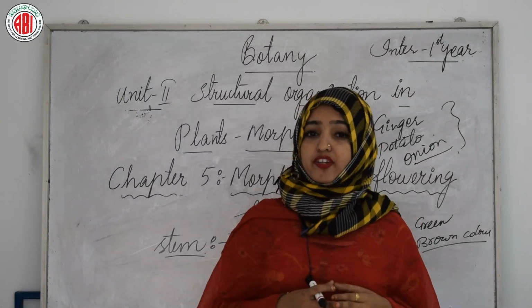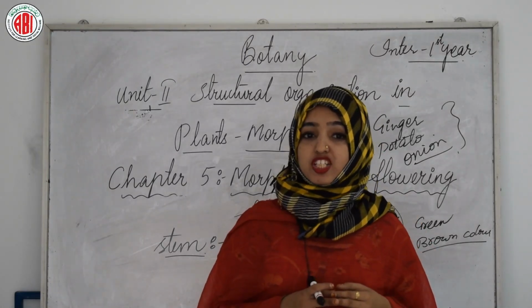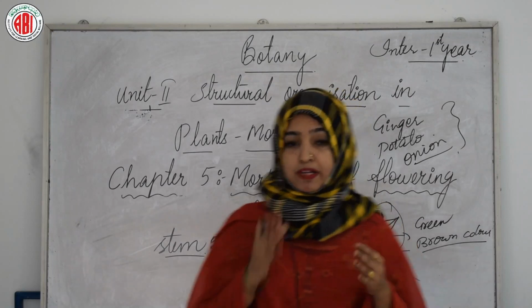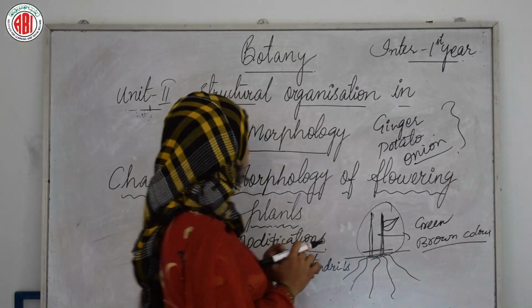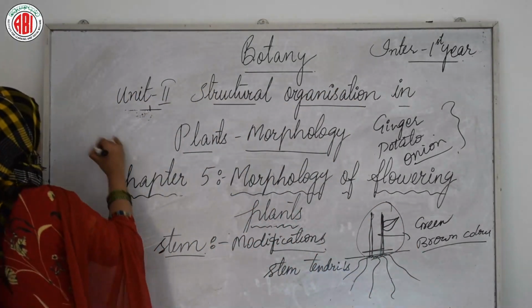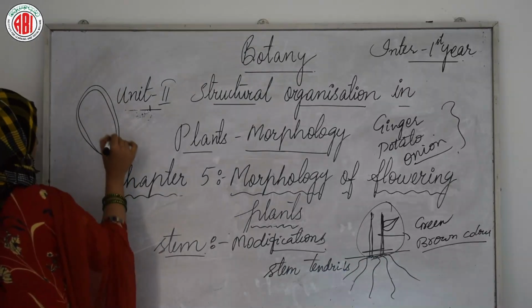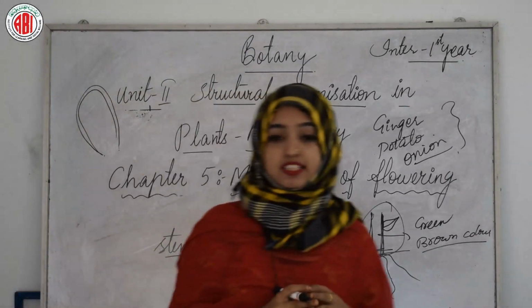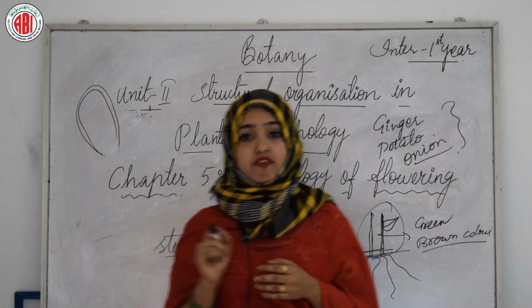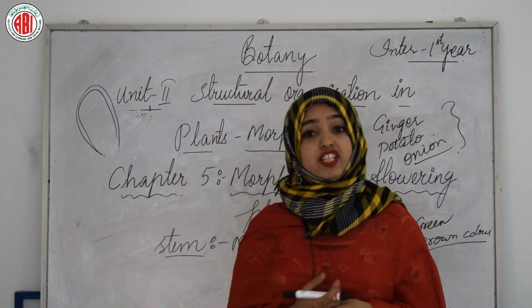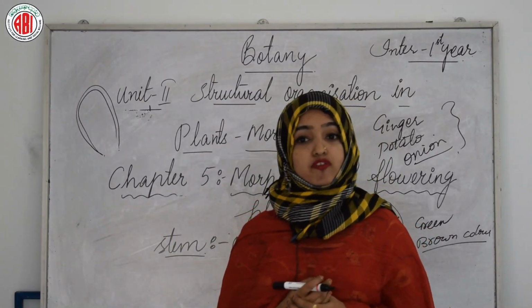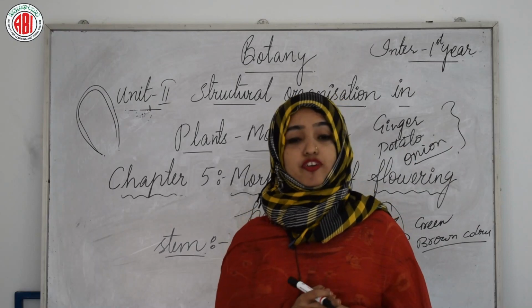Some plants of arid regions modify their stems into fleshy, flattened forms, that is Opuntia. The best example we can see is Opuntia. We all know that in Opuntia a leaf-like structure is present, consisting of spines on the surface, right? Or fleshy cylindrical, the example for that being Euphorbia, or needle-like, that is Casuarina.